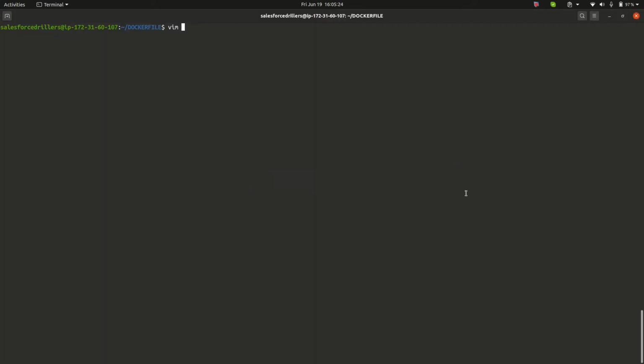Okay, so let us create a Docker file. Its syntax is fixed: if you are creating a Docker file, its name should start with Docker, as you can see it is showing Dockerfile. Whenever we create a Docker file, its name should be Dockerfile itself, and the D should be capital. So this is the syntax. Let us press enter. Here we will write the steps.